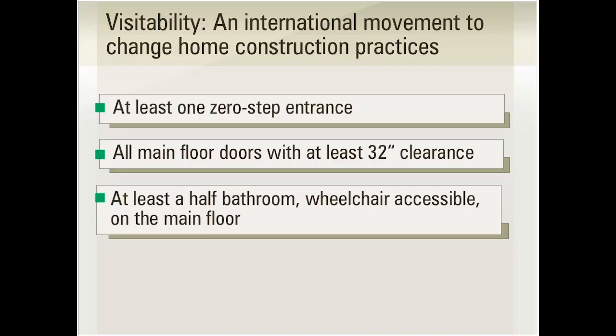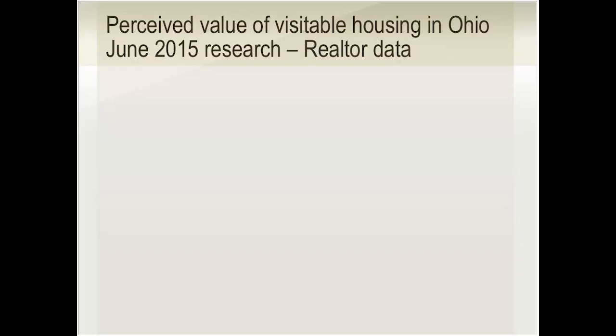So what you're seeing on the screen are the three main components making a house visitable. That's just the concept of if you have someone visiting you, they would at least have the option to get into your home and use the bathroom with dignity. So we're going to be using that term as we look at some research that was done last summer in